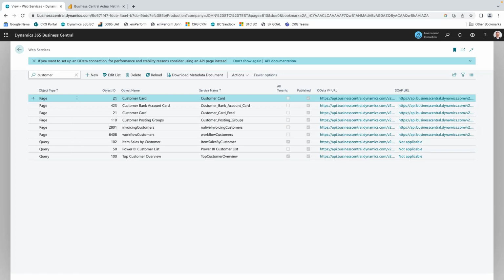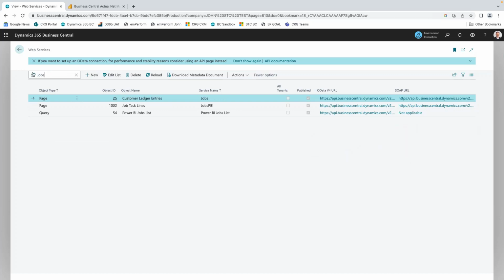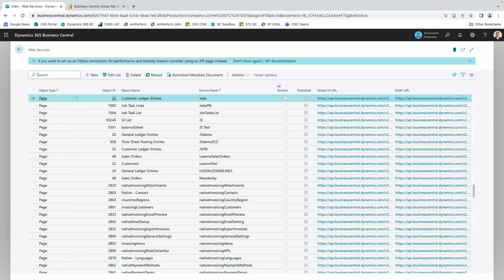Top customer overview. Okay, so we get a big list here. And again, if you know, we come in and do this a lot. If I'm using the jobs module, I can look for things that contain the word jobs, and it's going to show me that. So this is the first important thing to note, is that we've got a pre-established list of what these data